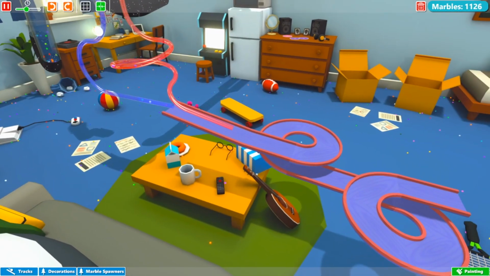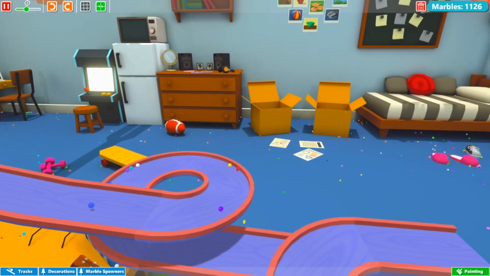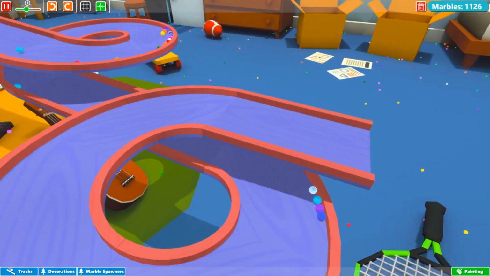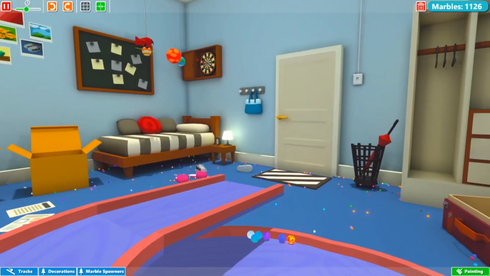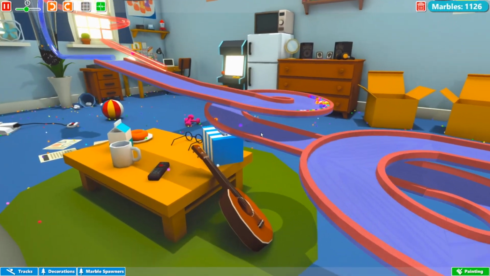I was testing around a little bit, and this is kind of what I came up with. It's this little track idea where it just spirals down and then the marbles would spiral back up. Of course I'm going to have to add boosters. I don't know why I didn't think about that, but of course the marbles can't go upwards without boosters, so we'll add some boosters, and then we will...